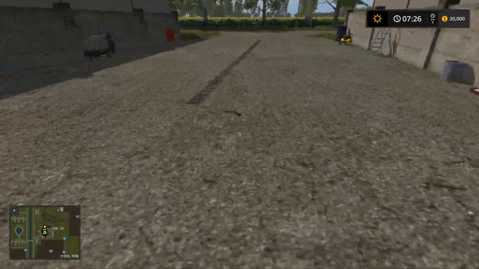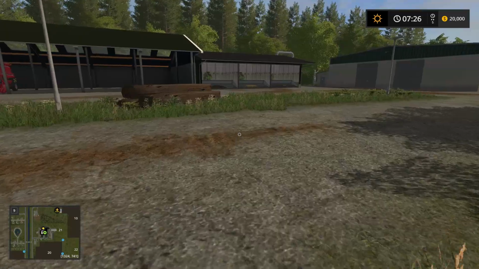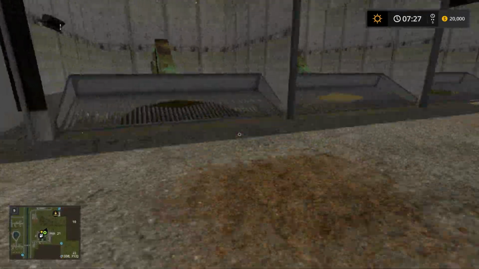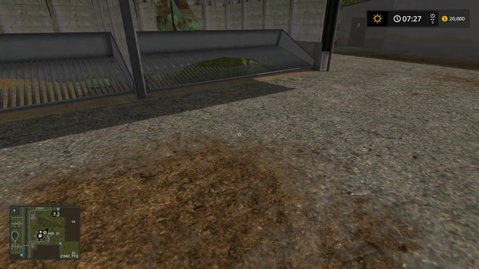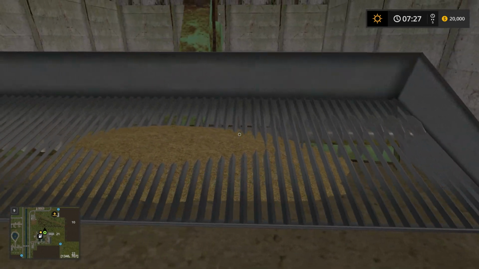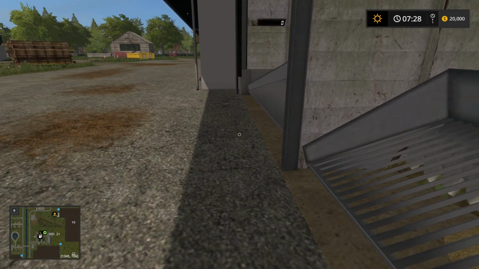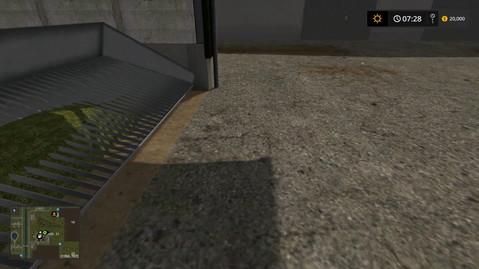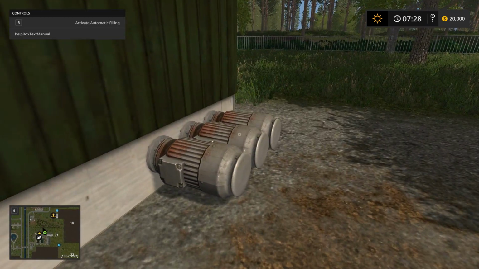Another wash bay with the grill down the middle. Keep all that water away. What we got going on over here? Are these tipping points too, are they? Oh yeah. Well, that looks like... this almost looks like where you'd put food for cows, doesn't it? Because you got your silage, your straw, and your grass. That's very interesting. If we do decide to do this map...